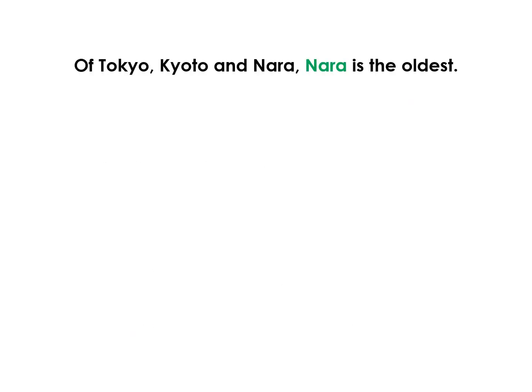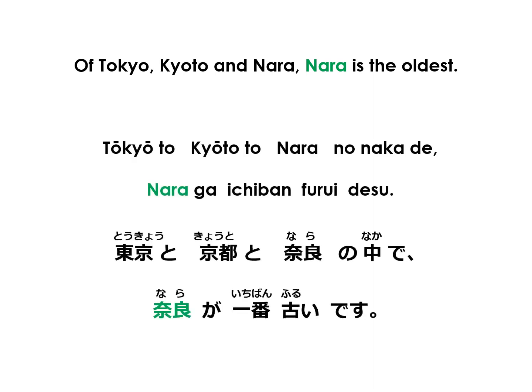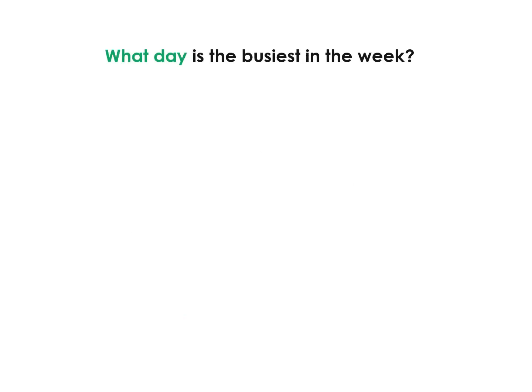Of course, of the 3 cities, Nara is the oldest. So in our answer, we say Tokyo to Kyoto to Nara no naka de Nara ga ichiban furui desu. You can also skip saying the choices and go straight to the answer. 奈良が一番古いです。